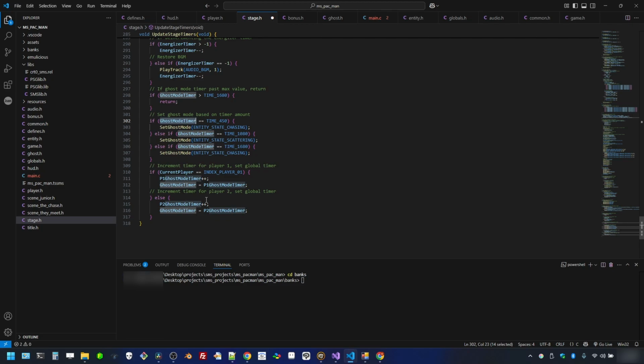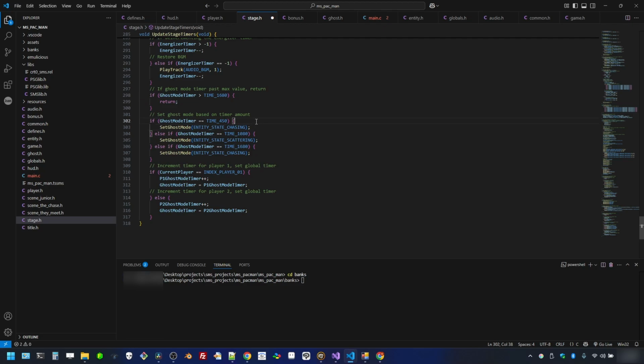to eventually increment the ghost timer, and depending on whatever that ghost timer is, we're going to do certain things. So if the time is 450 frames, we're going to set to chasing, and then the ghost timer is going to increment some more. And if it's at 1080, it looks like, then we're going to scattering. And if it's at 1680, then it's going to go to chasing. As you can see, that value is 1680. Wherever it's being incremented, it'll then be greater than that value,